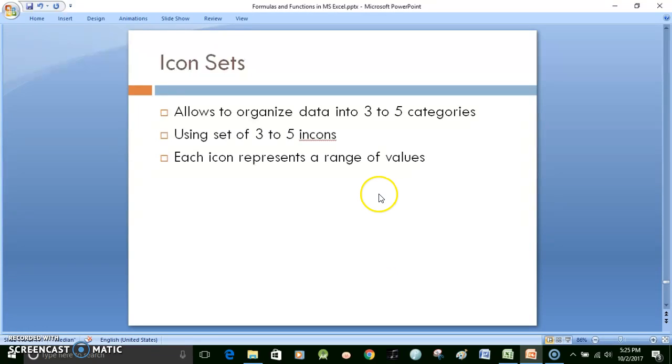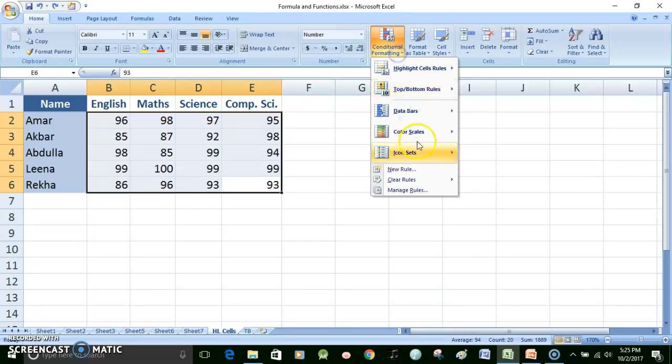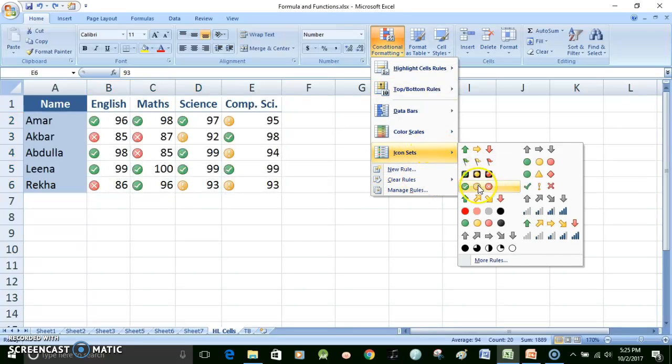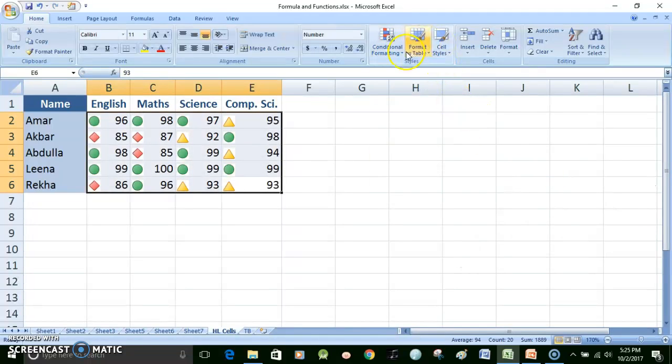Icon sets allow you to organize the data into 3 to 5 categories using a set of 3 to 5 icons. Each icon represents a range of values. So let us see here if we try to use icon sets, and let's say we want to make use of these 3 symbols. Okay, let's make use of this or even this. So the 3 signs that we're going to use, and we can define the rules